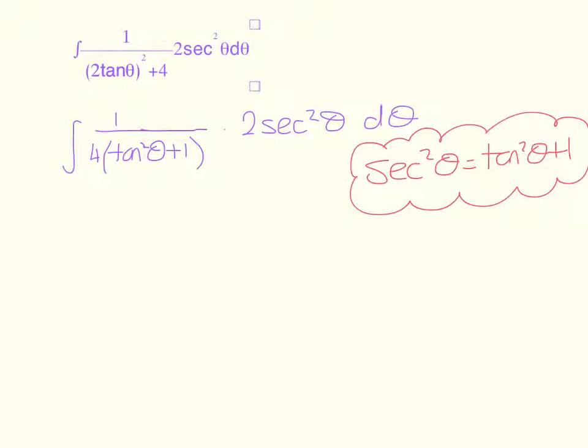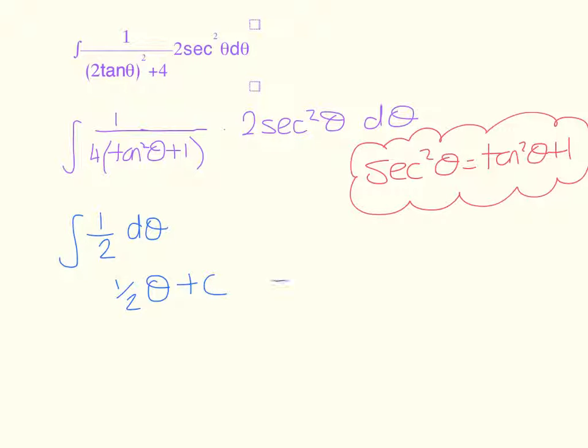What that means is that I have the same on the bottom as I have on the top, so I can divide both the bottom and the top by sec squared theta, and in the end all I'm integrating then is 2 over 4, or a half. And a half integrates to theta over 2 plus c, because it's indefinite,